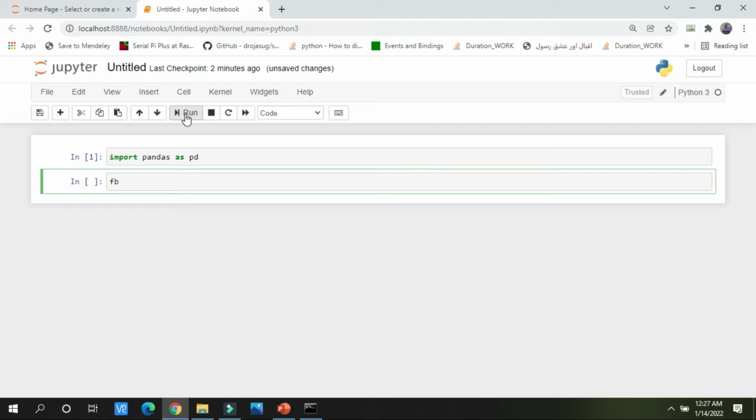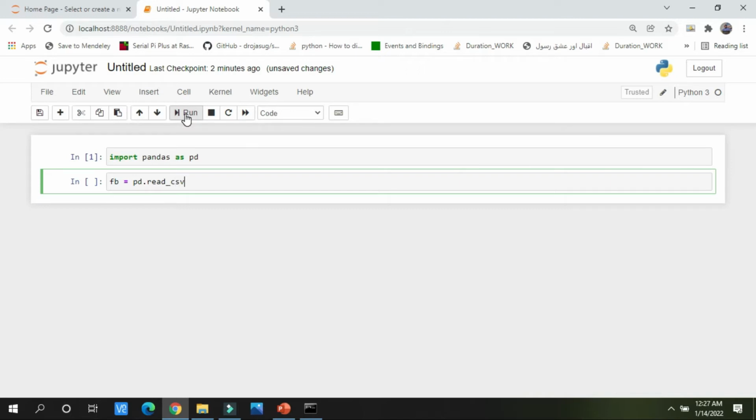You all know how to make a variable in Python, and in this variable I am using the pandas function. Now I will read the CSV file. So there is a function read_csv.